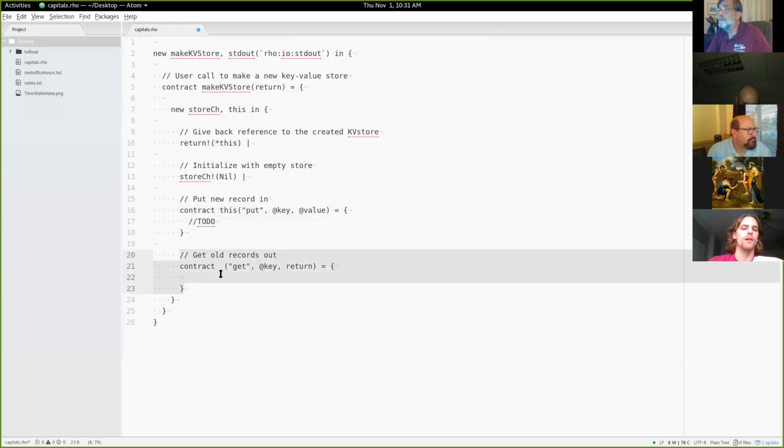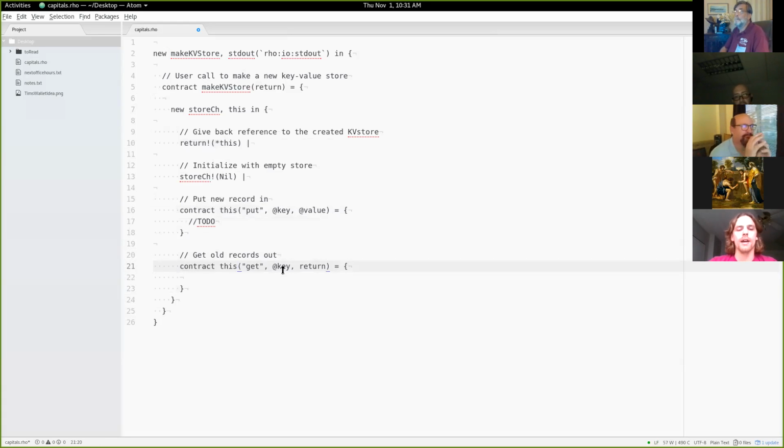So here I could call, oh, I didn't name it yet. The spoiler is we're going to name it the exact same thing we named it before, this. So to look up a capital, I would call something like this get Ohio and give them some return channel. And then on the return channel, this contract is going to send Columbus because that's the capital. I guess the important point here is that we're matching the pattern of the call, and the first contract only gets called if the first argument is put, and the second one only gets called if the first argument is